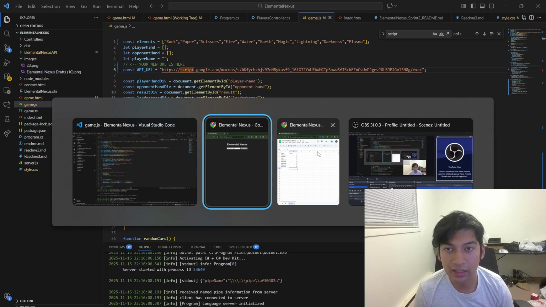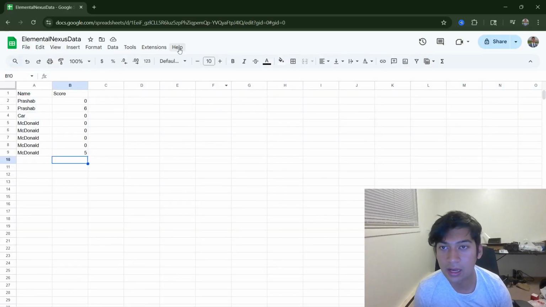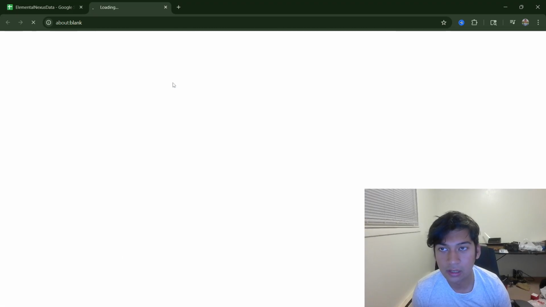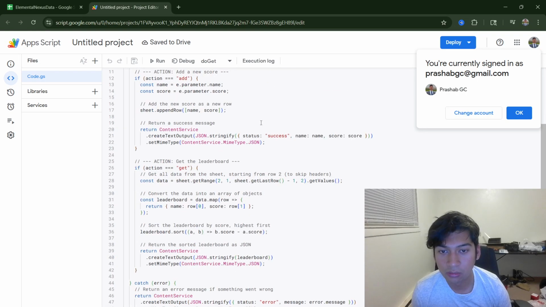But a neat thing with that is they have an Apps Script with the Google Sheets. I keep on saying Excel. They don't have Excel. Okay. And I'm just gonna quickly show that in the Excel file. When you go to extensions, there is an Apps Script, and when you open that here, you can show